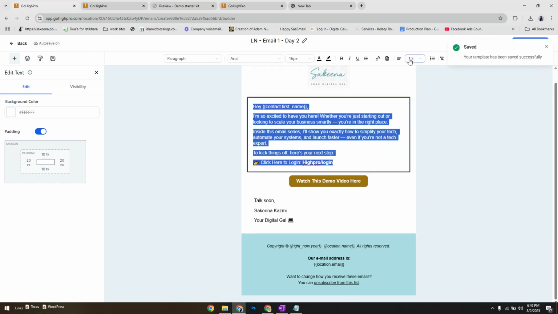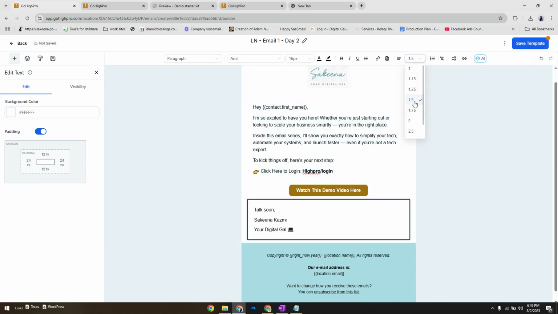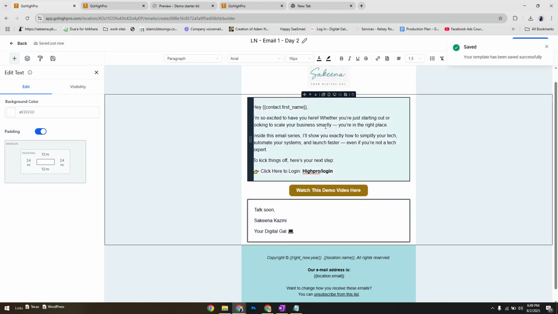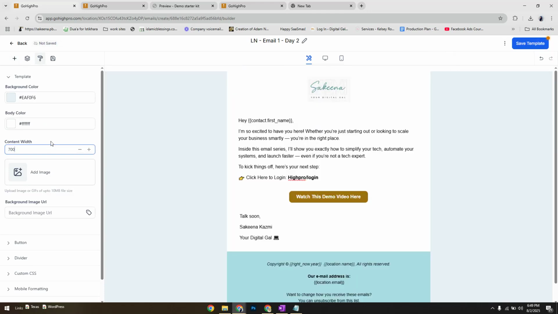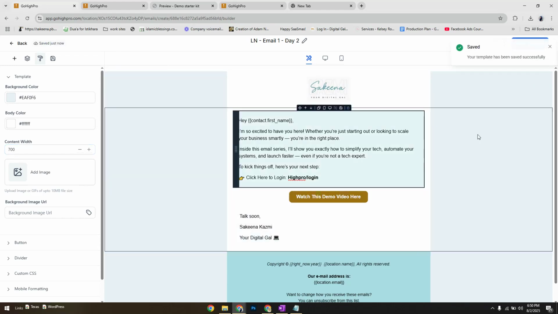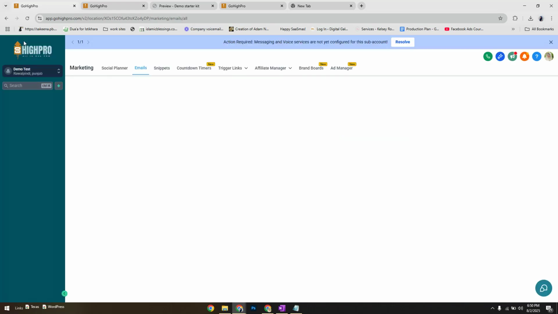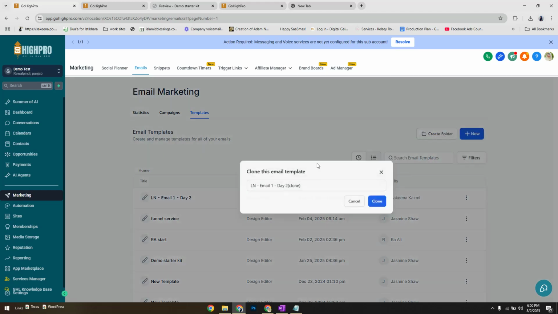I'm gonna also add line height. Save. And content width to 7. So this is my practice, but feel free to use whatever feels good to you. Okay, so our email 1 is created. Let's duplicate